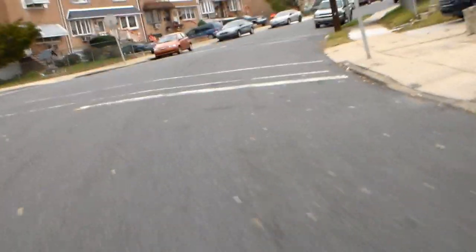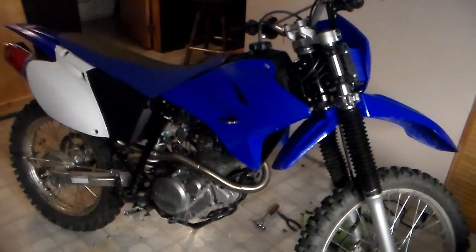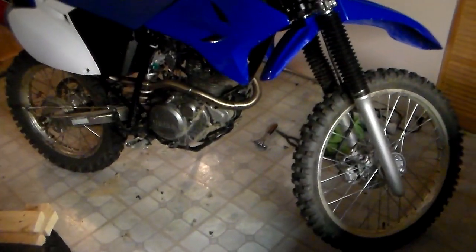Feels like a brand new bike. Love it. Wow. So, yeah, that's a completely new bike now. It feels to me how a motorcycle should feel. Damn,